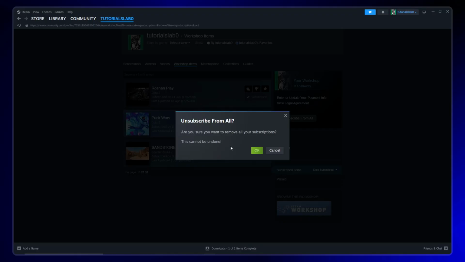After clicking unsubscribe from all, a confirmation window will pop up on your screen. This is Steam's way of making sure you really want to proceed with this action, since it will remove all your subscriptions at once. Simply click OK to confirm your decision, and Steam will immediately begin processing your request and unsubscribing you from all workshop items across all your games. And that's it, you've successfully unsubscribed from all workshop items in your Steam